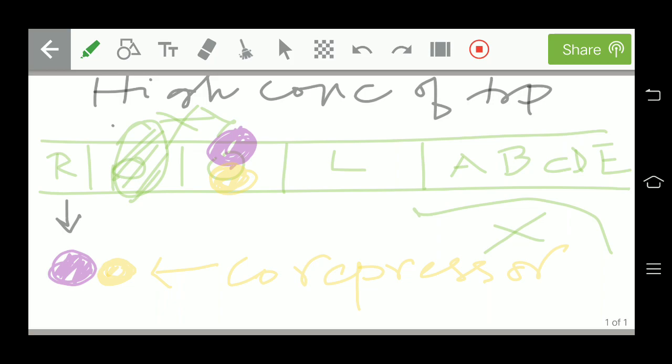So if there is a high concentration of tryptophan, we do not require to produce tryptophan. But if there is low concentration of tryptophan, then we require to produce the tryptophan. So that is only happening over here. So this is all about the coarse regulation of your tryptophan operon. Next I will move on to the